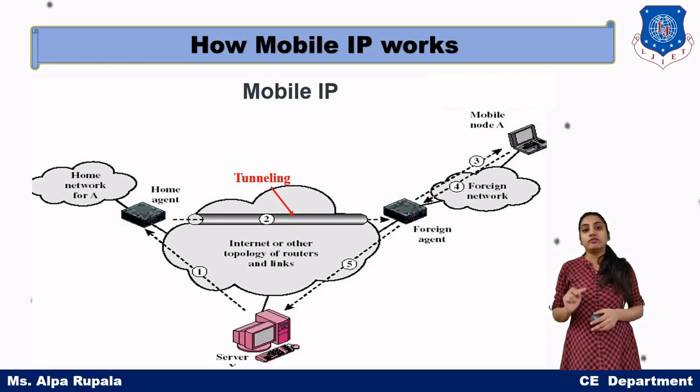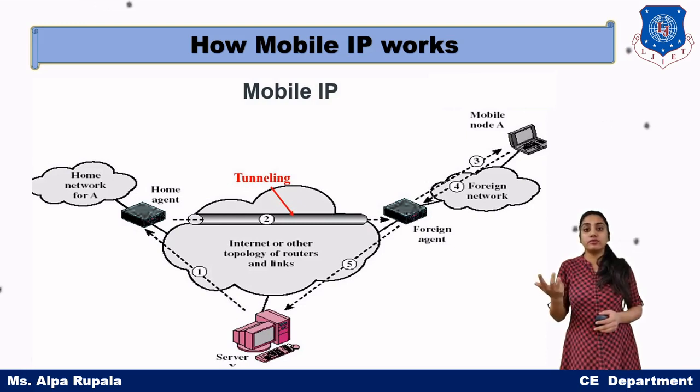But if we want to communicate with a fixed attachment point device, like any desktop device, the IP address of the receiver will be static. But what if we want to send data to a mobile device? At that time, the IP address will change according to the point of connection. Likewise, if I am using a mobile phone connected to Wi-Fi through an access point, whenever my access point changes, my IP address will also change.